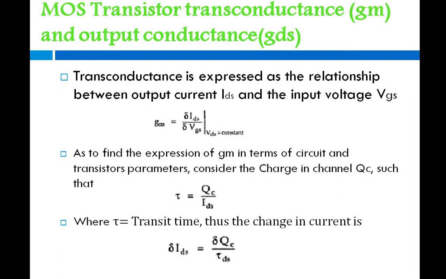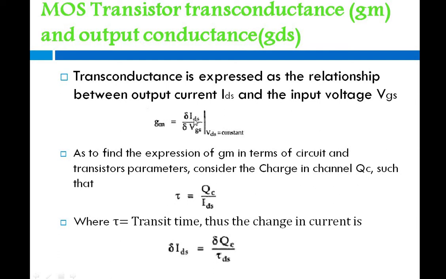We are saying that some voltage is applied on the gate, so in the channel some charge is induced, and due to that you will have a flow of current, correct? So first, to get those parameters, we have to consider the charges which are present in the channel. I hope you remember in the IDS and VDS relationship, we have taken IDS equals QC divided by tau.